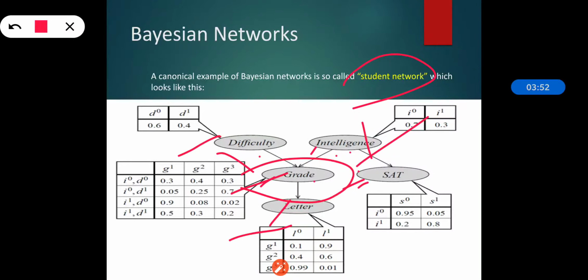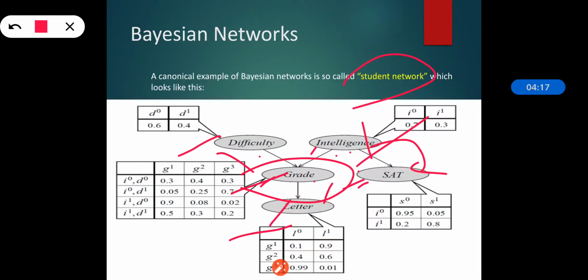The grade in turn determines whether the student gets a good letter or not. Also, the intelligence of the student influences their SAT score, in addition to influencing the grade. So these are the edges and dependencies encoded in the graph.